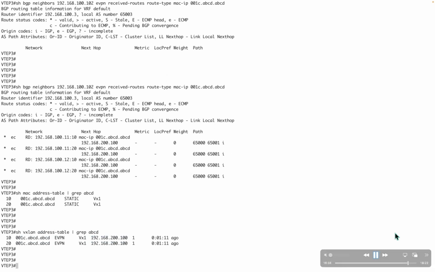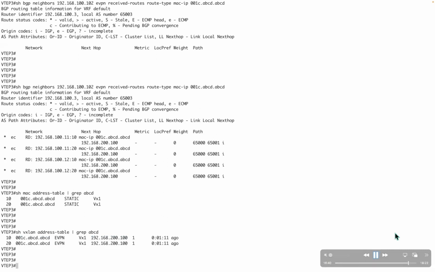And here we can see that the gateway MAC on VX1, which is ABCD, is now being learned over the VVTEP IP, which is 200/100, and it's being learned on both VLANs 10 and 20. Okay, last step, let's also confirm if the congestion on this device has subsided, because now all the traffic should